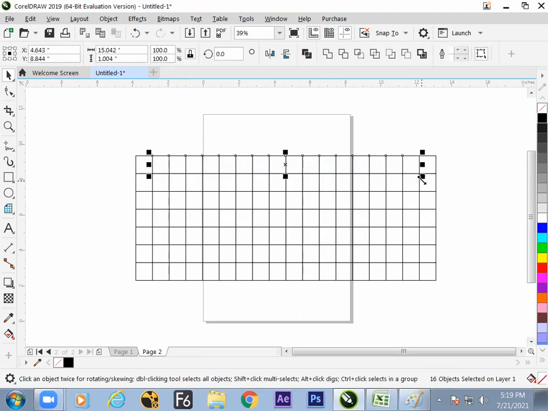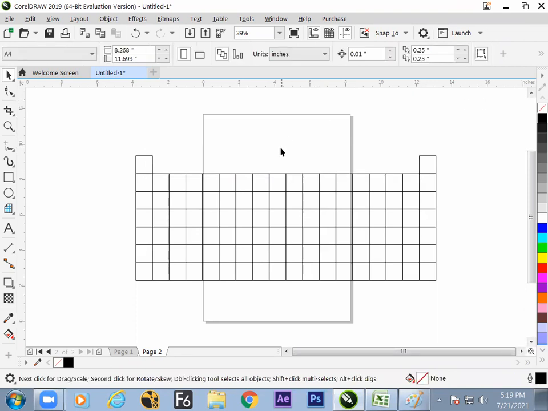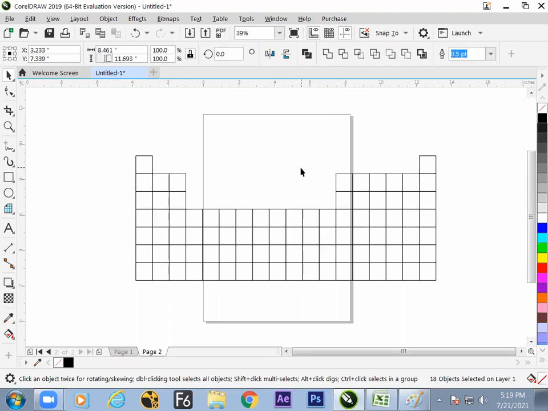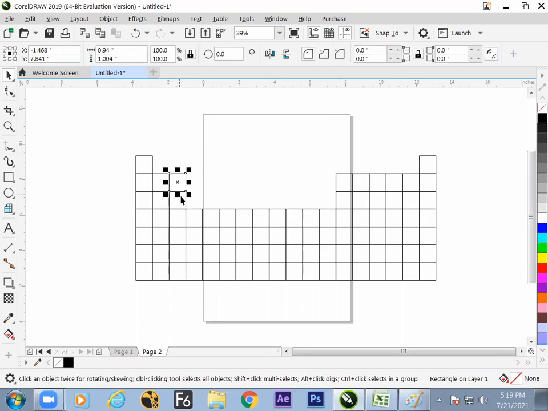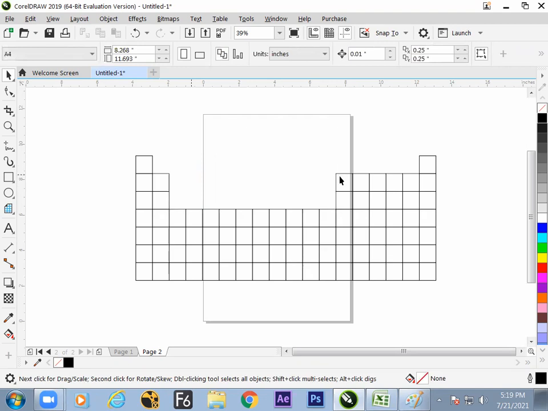Here you can select this bunch of things and delete. Fine, the hydrogen and helium boxes are there, and here the 2 boxes, 1, 2, 3, 4, 5, 6, 7, 8, 9, 10. So this many boxes are to be deleted.